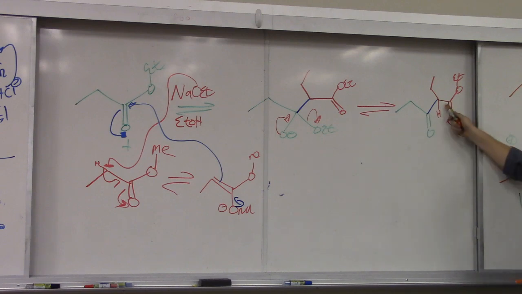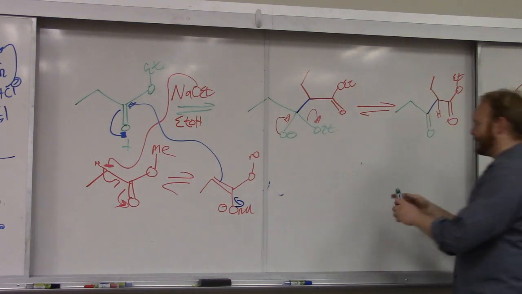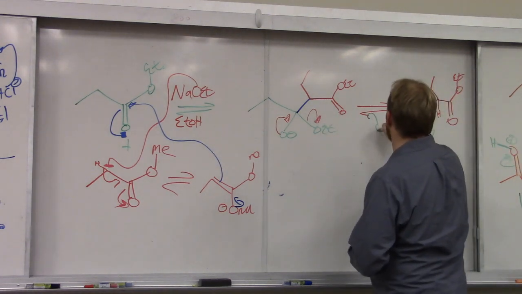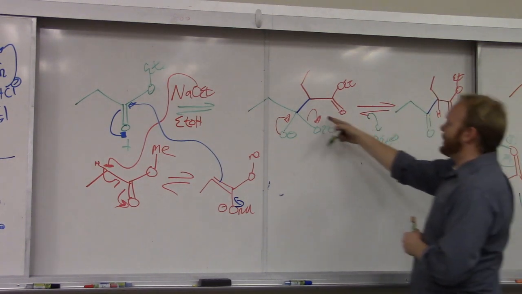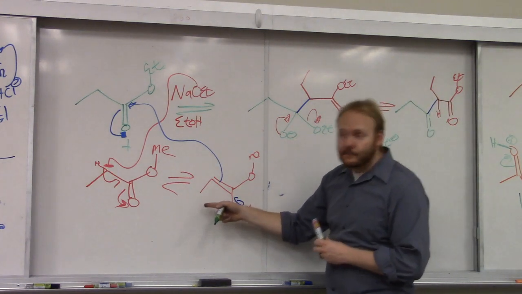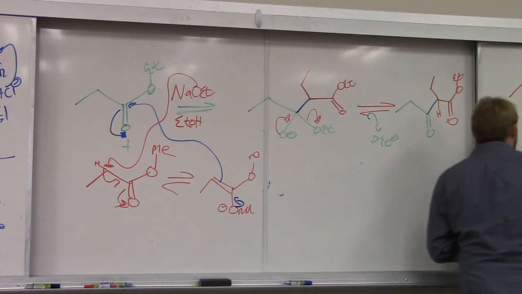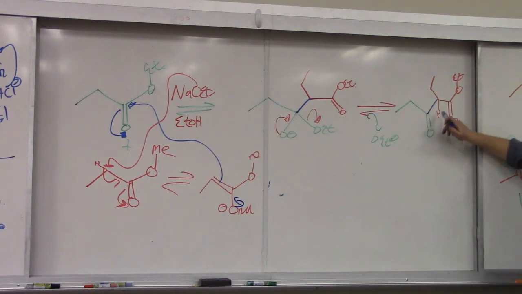So this gives us our acylated enolate, so our Claisen product, but the reaction doesn't stop here. Because if it did stop here, we could have the ethanol that just kicked off add back in, giving us this, which could then possibly do a retro Claisen to give us our starting materials back. So luckily the reaction doesn't stop there, because it actually works. And so then what happens is we form this